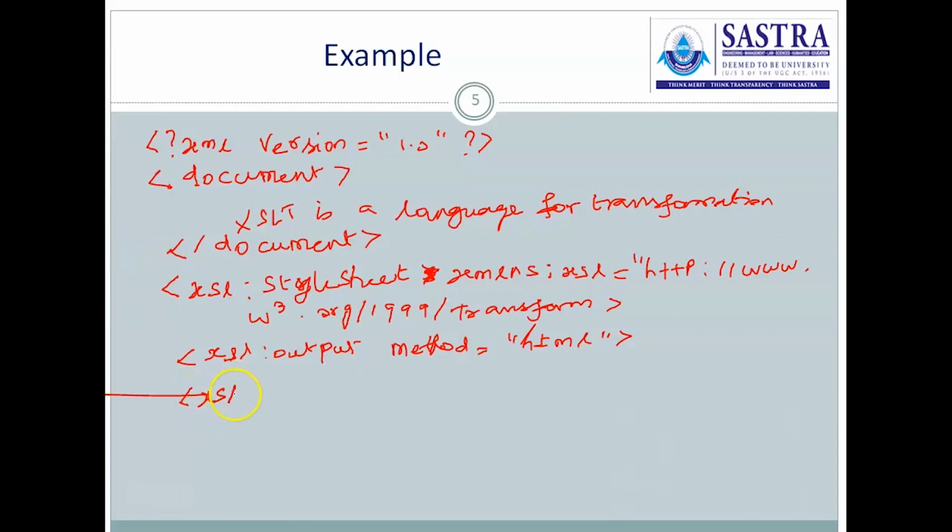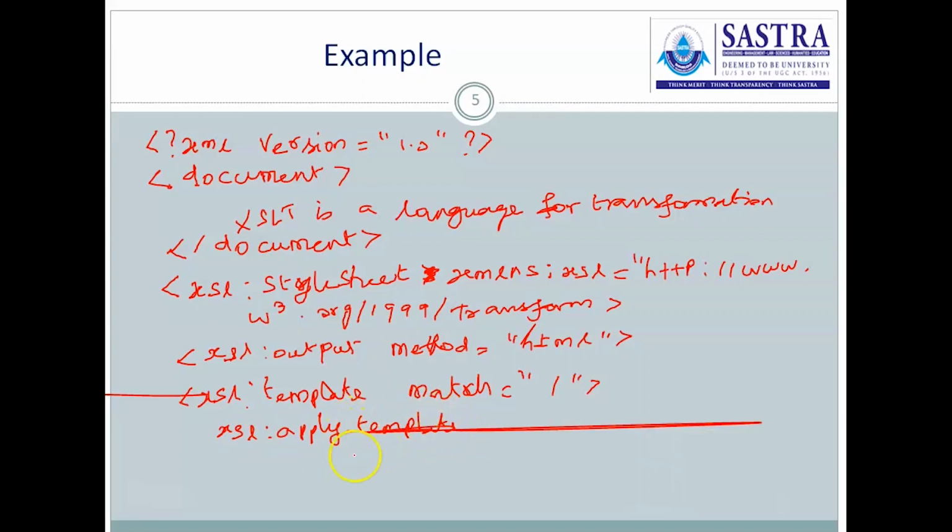XSL colon template, and then match equal to which document I want to match. I want to start from the root element, so I am giving template match. And then next one, XSL colon apply-templates, apply-templates,